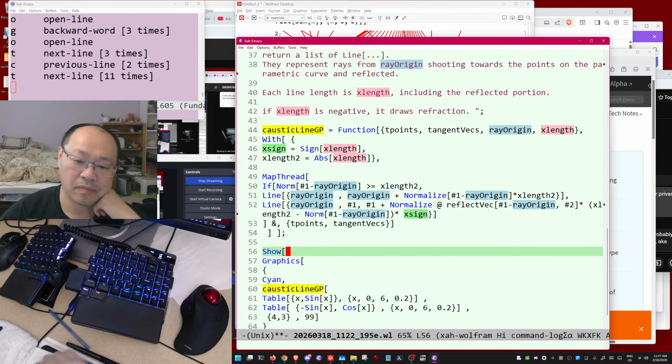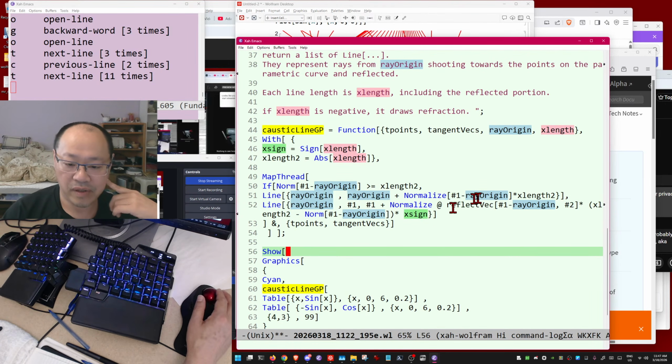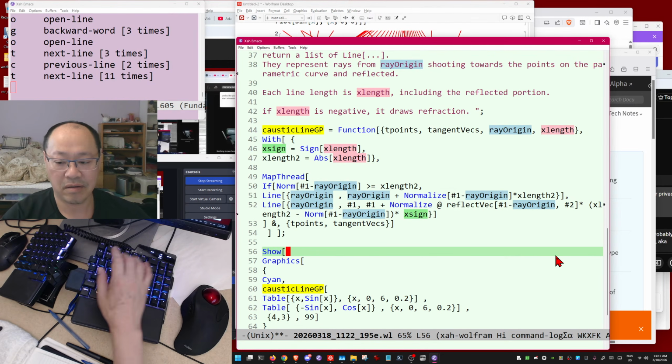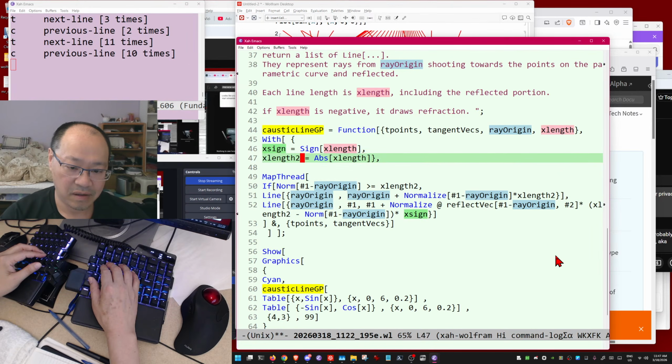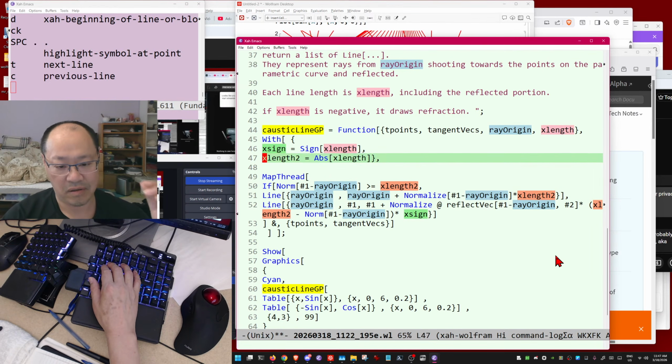Now I'm trying to remove the length because I don't want the length. You see, because this function